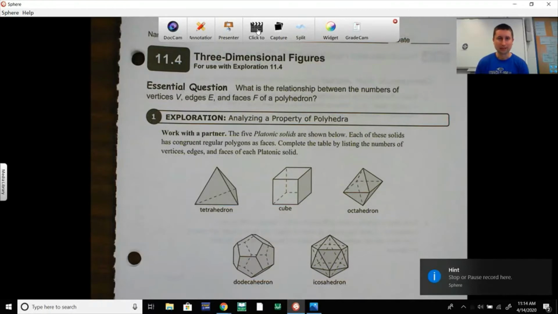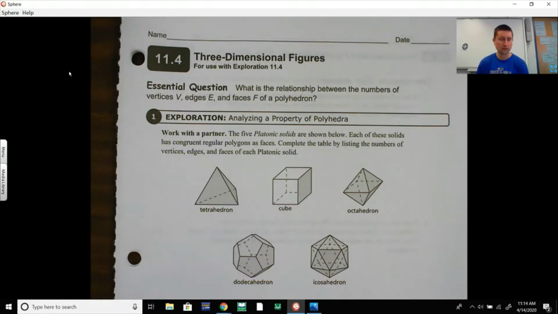Hello, geometry. This is 11.4, three-dimensional figures. We kind of get a break from the formulas that we've had the last two, and just focus on some terminology and some recognition of the vocabulary and some new names and shapes that we can use for some three-dimensional objects. So what we're looking at here is something called a polyhedron, or polyhedra, and those are basically three-dimensional objects. And we're going to look at how they are named, their cross-sections, and what happens when we revolve two-dimensional objects